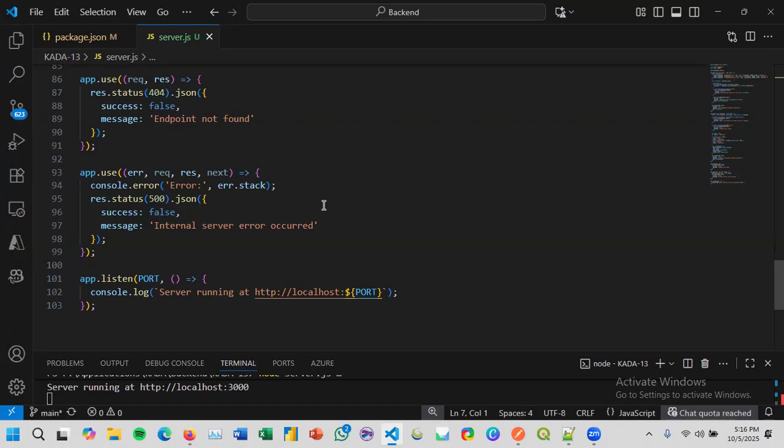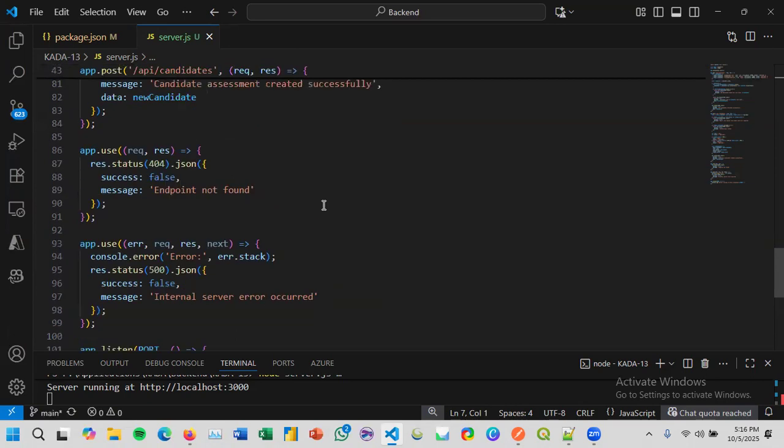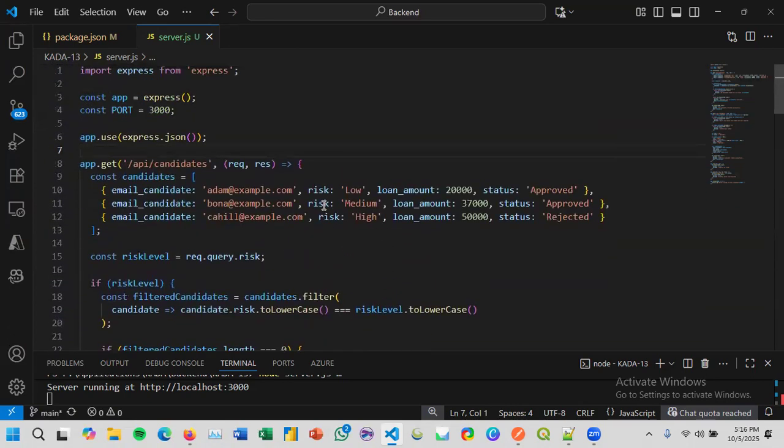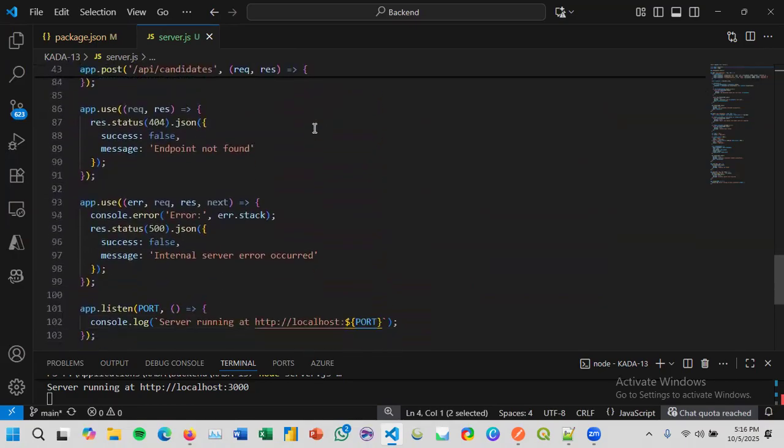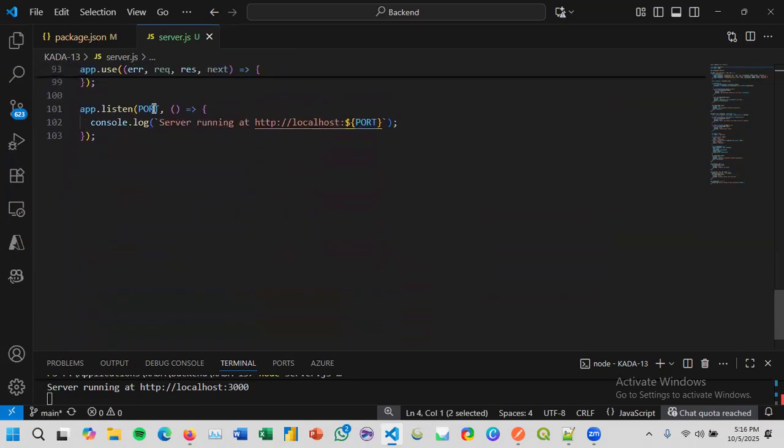All right, let's recap what we have built and tested. One, Express is incredibly simple. You just need three steps: import, create app, and use app.listen by choosing your port, in this case 3000, to make a running server.